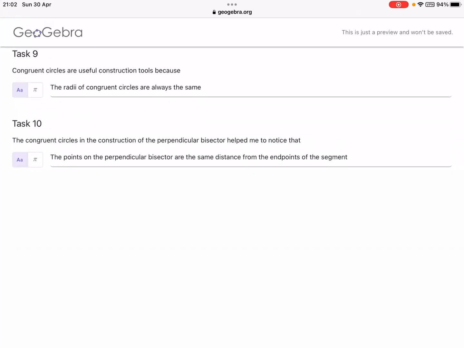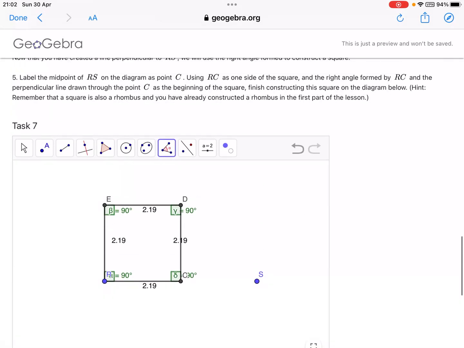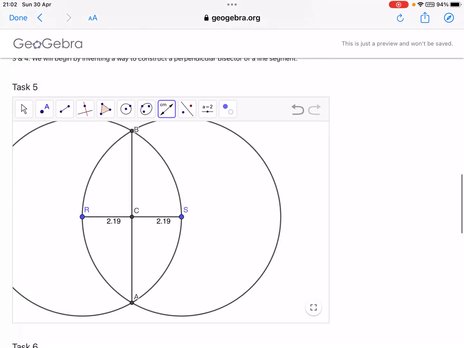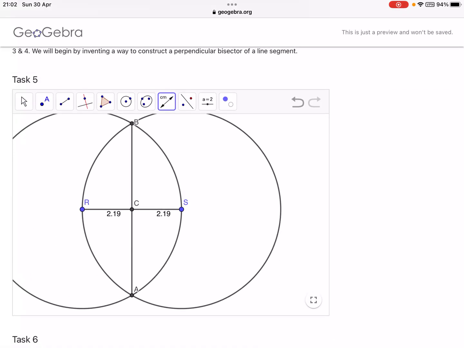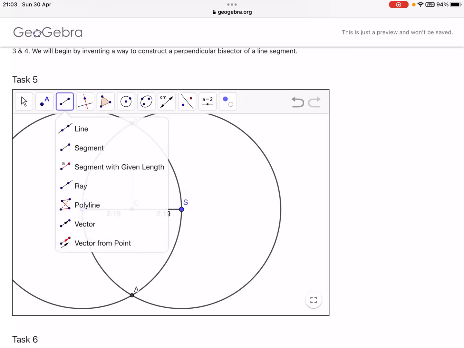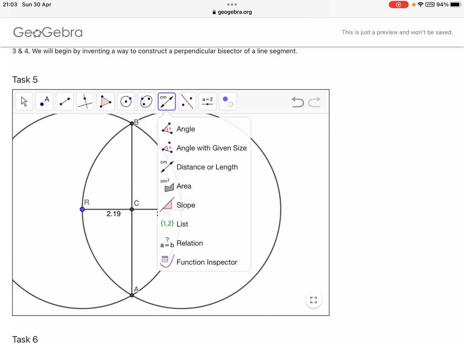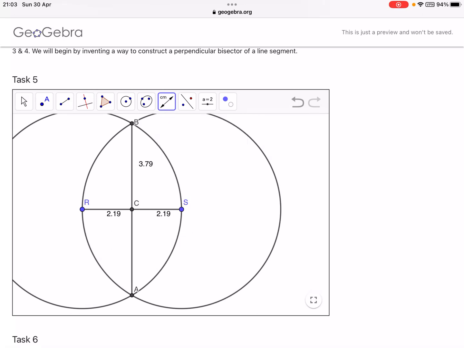And I think that means, let's go back and look at the perpendicular bisector for a moment. So if we look at this right here, and I'm going to hide for a second this one and then add two separate segments. Those two are equidistant. So let's check it. 3.79, yeah, that's true. The points on the perpendicular bisector